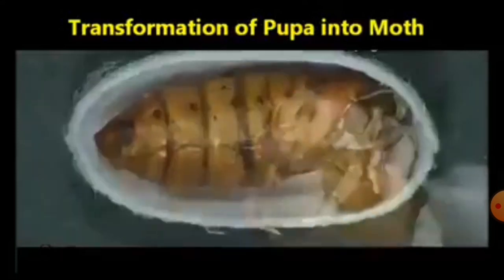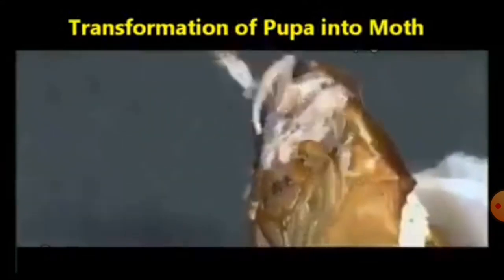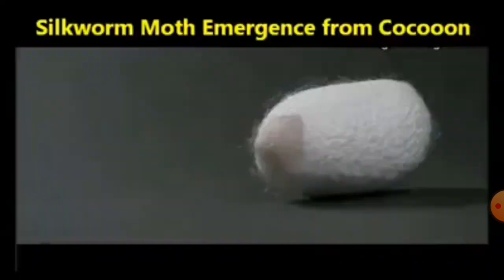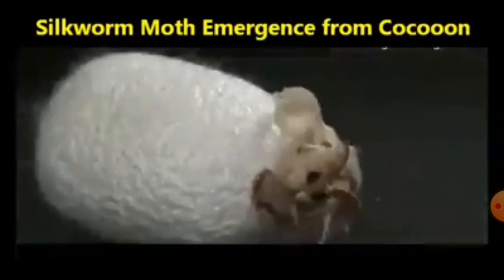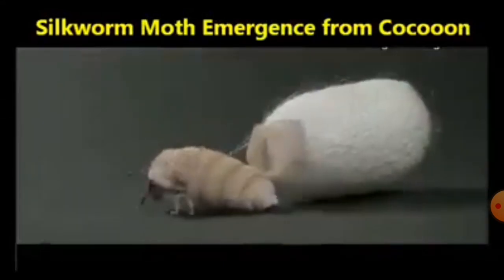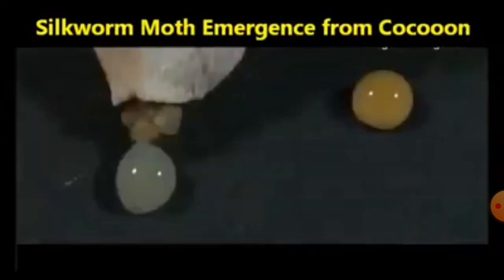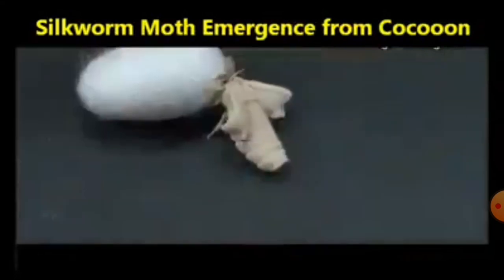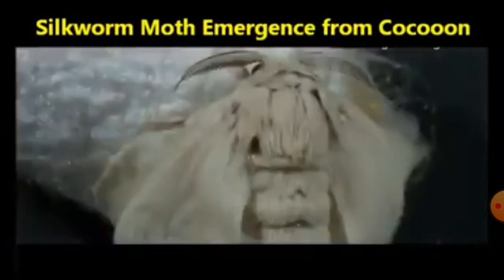Here in the video you can observe how their body shape is changing, and some particular organs are developing inside the cocoon, and when all these organs are totally developed inside the cocoon, after a few days the adult silk moth emerges from the cocoon, and at that time you can see the changes in the body from the caterpillar to the adult. Here in the adult silk moth they are getting the legs, again the wings,